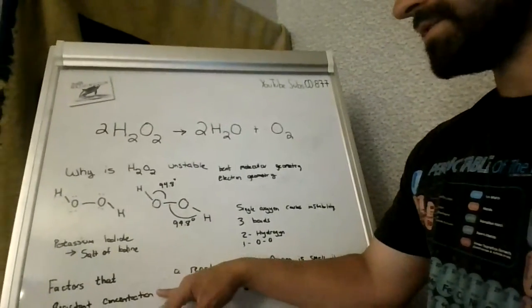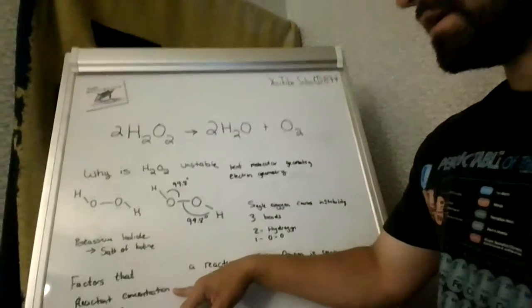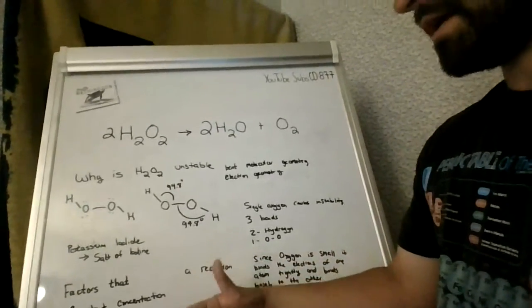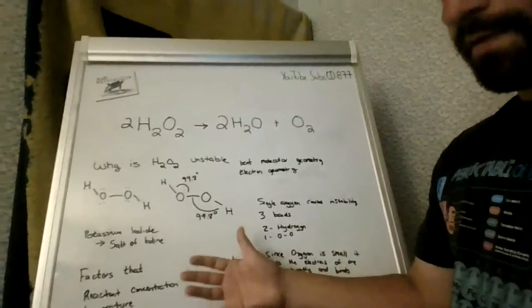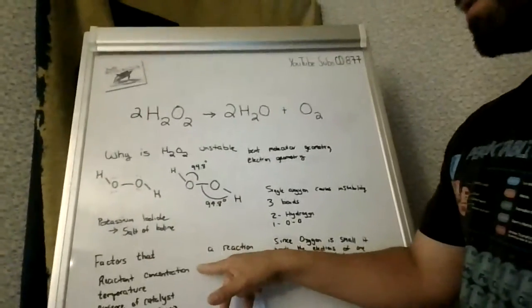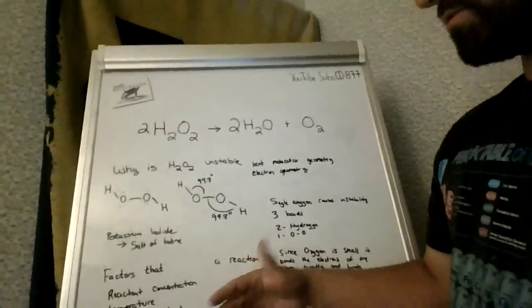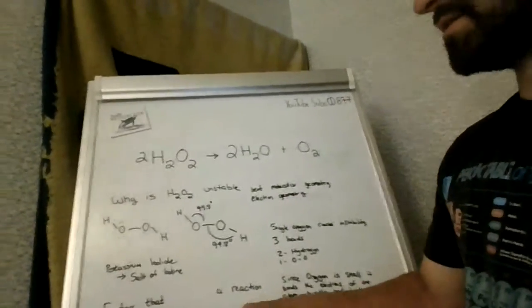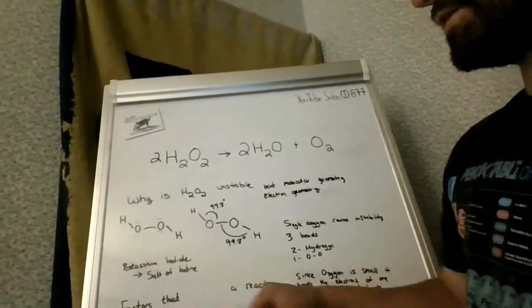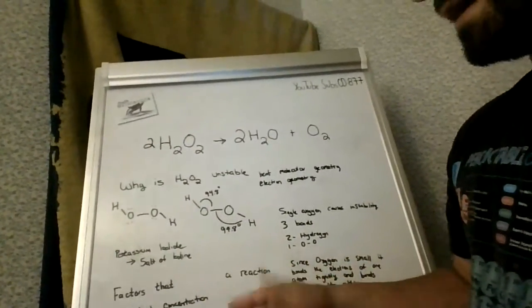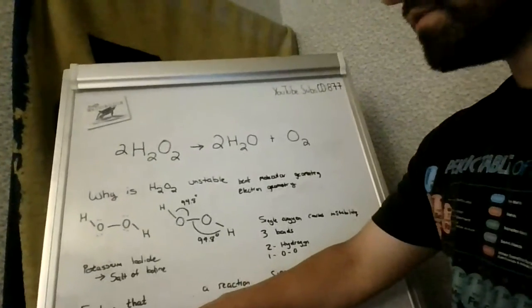So 3% is going to be half as much hydrogen peroxide as 6%. Doubling its concentration to 6% is going to give us quite a drastic effect, especially at a small concentration like that. Temperature is another one, along with